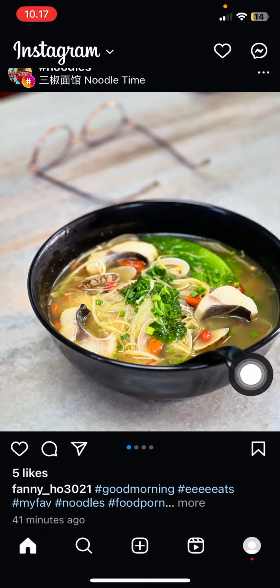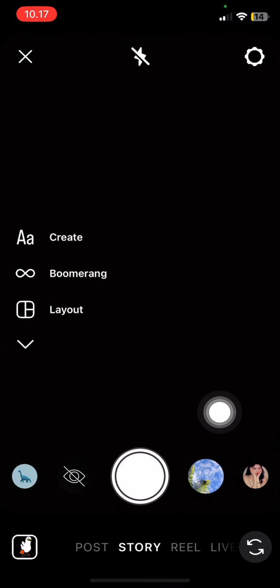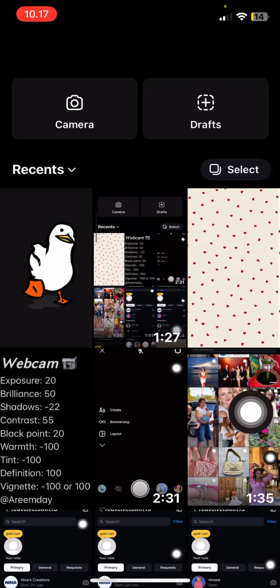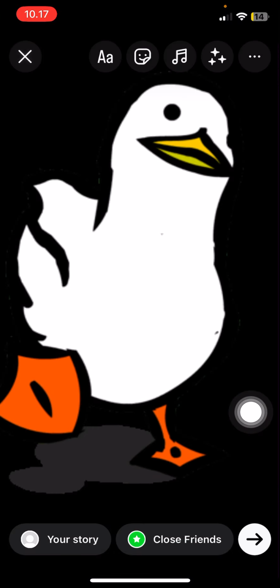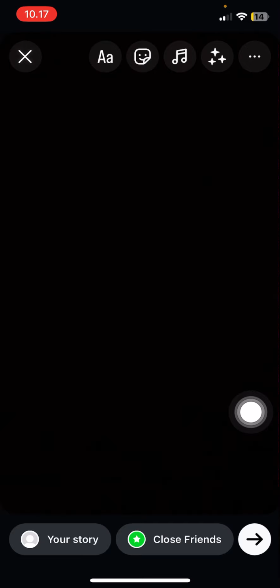In this video I'll be showing you guys what you can do if you're posting a GIF on Instagram stories and it's not moving. If you just select the GIF from your camera roll to your Instagram, it's not going to move, as you can see. So what you're going to want to do is just randomly take a picture